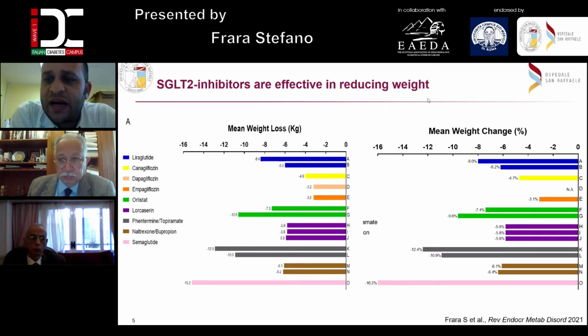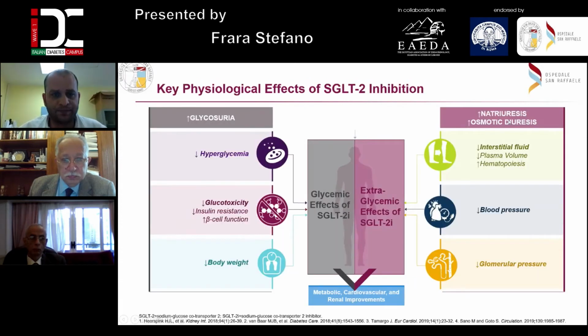a reduction of up to 4.7% of the total body weight. That means a reduction of around 3 to 4 kilograms as a mean in our patients. But at the same time, we know that